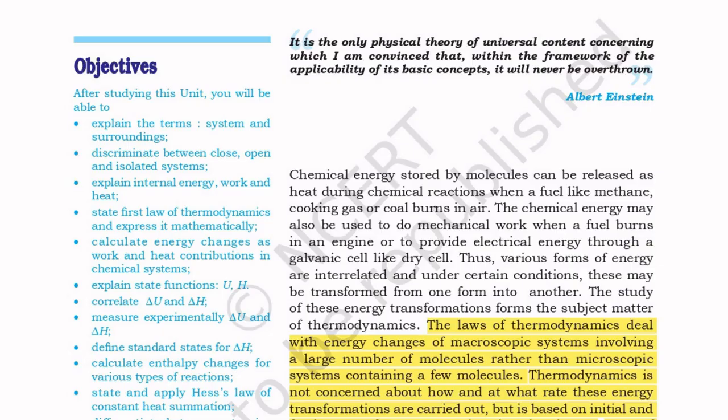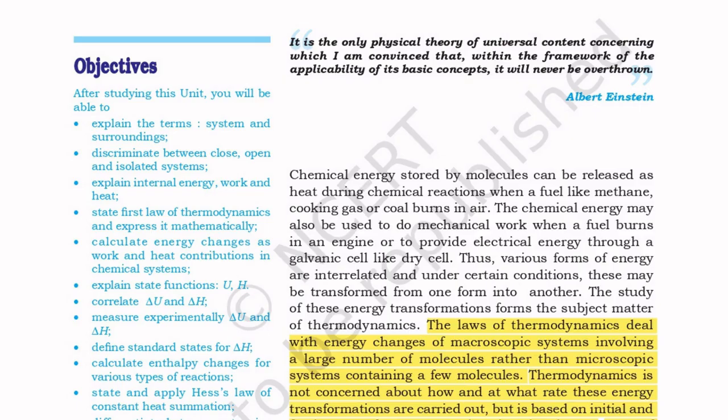Unit 5 Thermodynamics. Objectives. After studying this unit, you will be able to explain the terms system and surroundings, discriminate between closed, open, and isolated systems, explain internal energy, work, and heat, state first law of thermodynamics and express it mathematically, calculate energy changes as work and heat contributions in chemical systems, explain state functions U, H, correlate delta U and delta H, measure experimentally delta U and delta H,